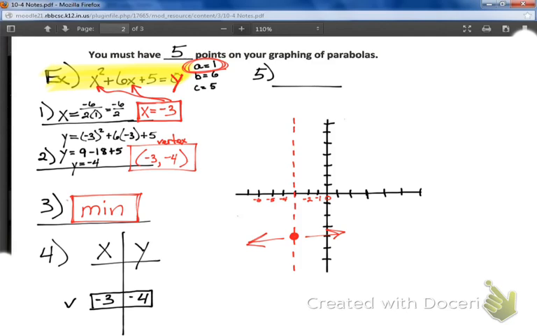So, in other words, back to my table here, I'm going to say, okay, what happens if my x is a -2? What happens if it's a -1? What happens if it's a 0? What happens if it's a -4? What happens if it's a -5? What happens if it's a -6? And now all you have to do here